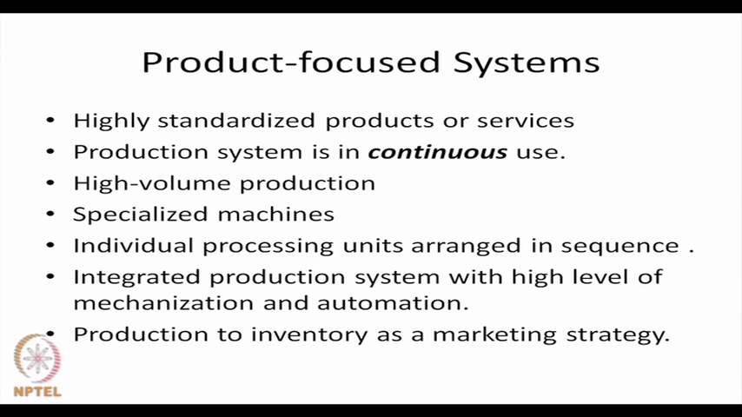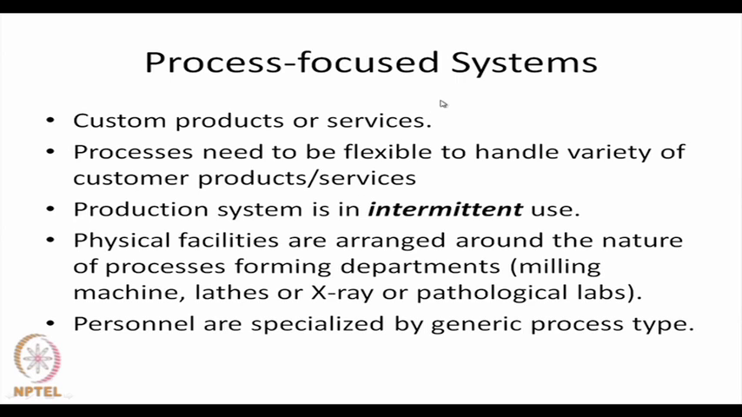whereas in a process focused system, with custom products or services, each one is of a different type. Therefore, the enterprise must have processes that are so flexible that it can handle a variety of customer products or services, and the production system is not always in continuous use, it is in intermittent use. That means certain facilities may remain idle for a while,